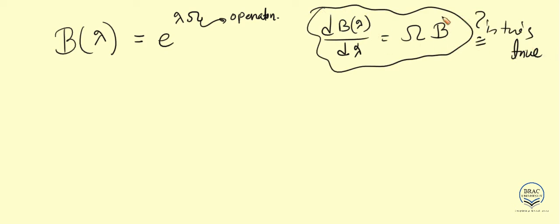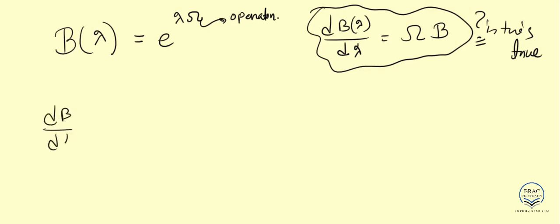Because that is something coming out of our intuition. That's just it. And we want to see whether this is true or not. Again, B is a matrix and omega is a matrix, so we really have to check whether it's omega B or B omega or completely something else. So we have to be very careful on that. So the first step is to